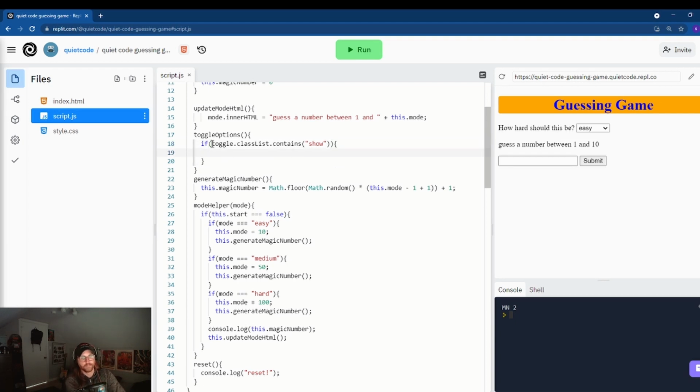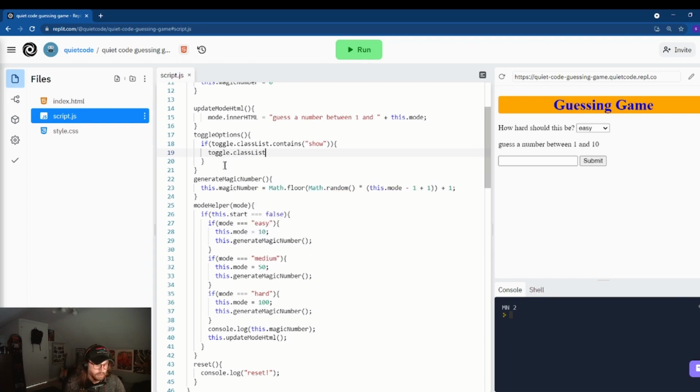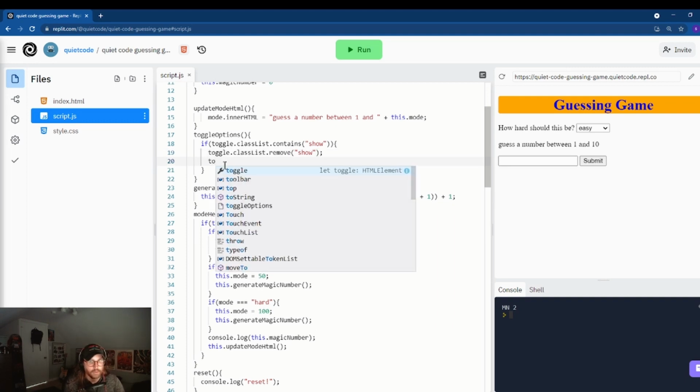So if toggle.classList contains show, well, we want to toggle.classList.remove show, and we want to toggle, actually,